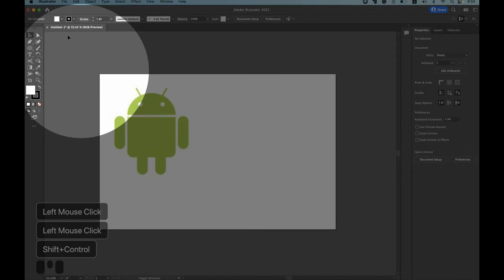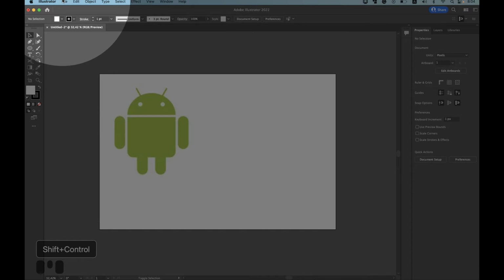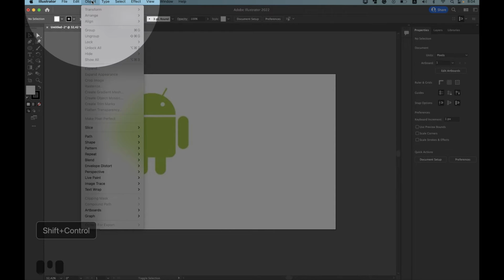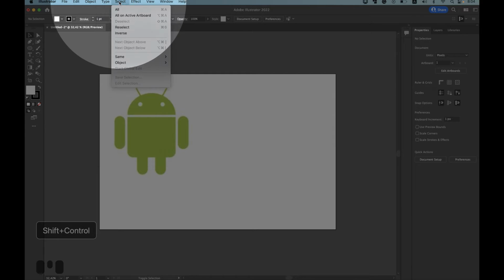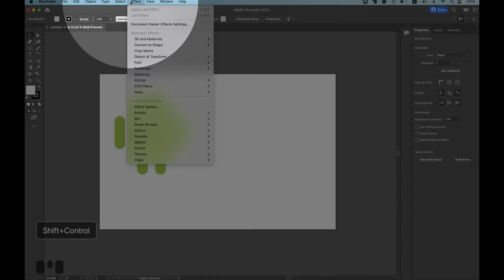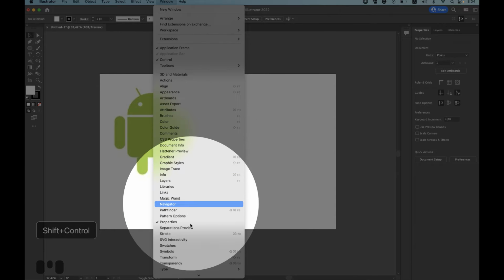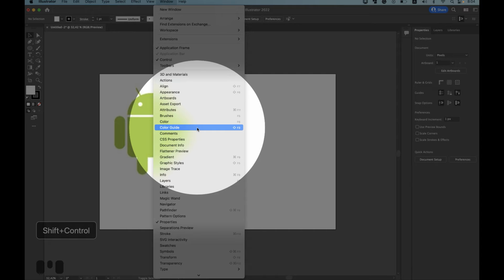And let's go to the very top. Here we have the main menu, where we can work with the file, editing, object, with the type tool, with selecting tool. We can apply some effects. We can work with view and windows. Here we've got many panels, which we can use when we need to work with the tools precisely.